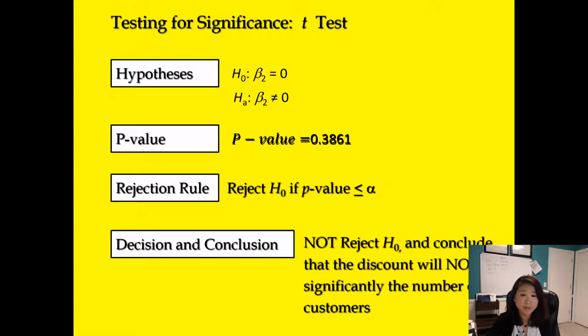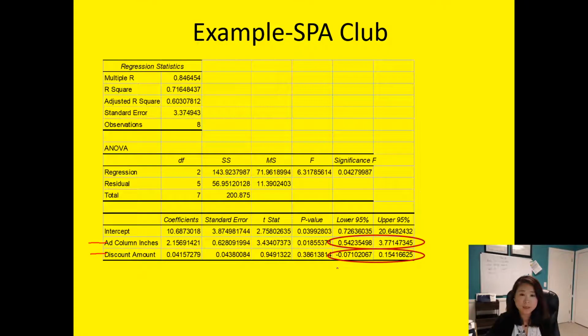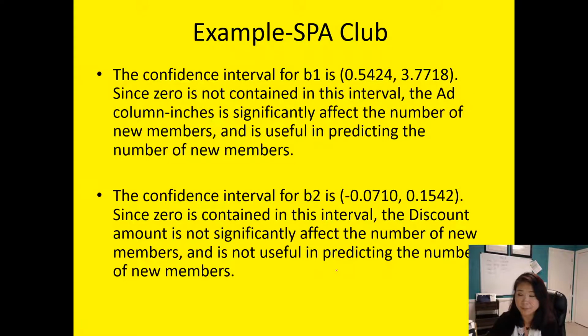The key here is that when you use the confidence interval of the partial coefficient to test the significance of each variable, you just need to remember the rule: whether 0 is included or not. If 0 is included, insignificant. If 0 is not included, it is significant. You can look at the answer here: the confidence interval for beta 1 and the confidence interval for beta 2. And so the conclusion